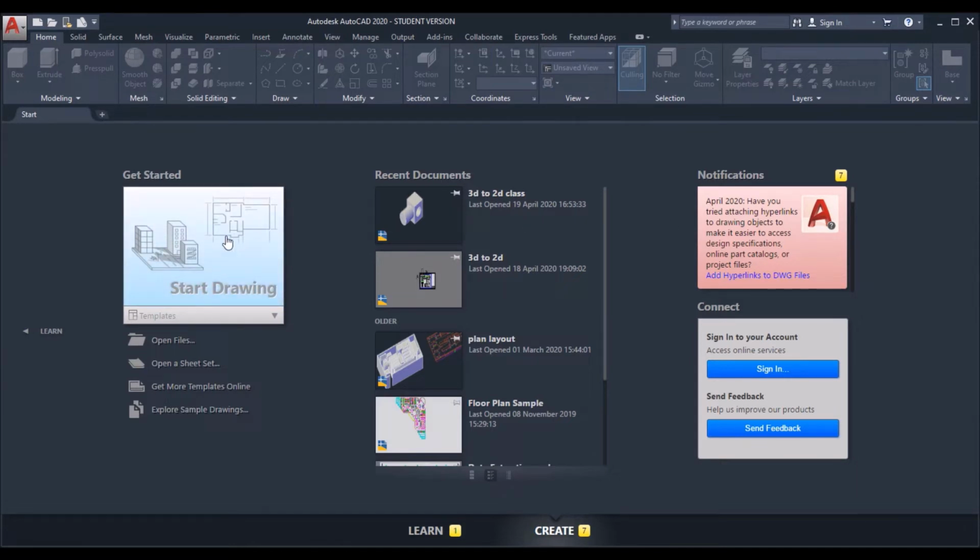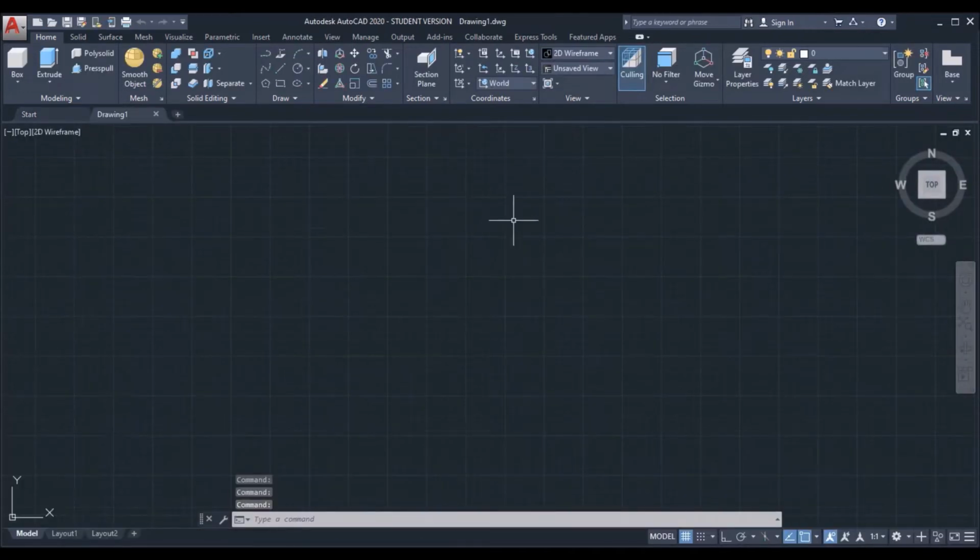Just click on Start Drawing, so that you will go to the GUI of the software. So this is how the software looks. In yesterday's class we saw that this is the application icon and the quick access toolbar. Next, this is the menu bar, and these are the tools.